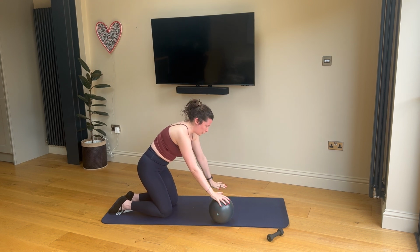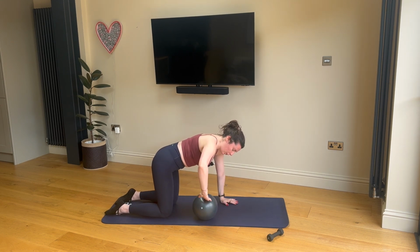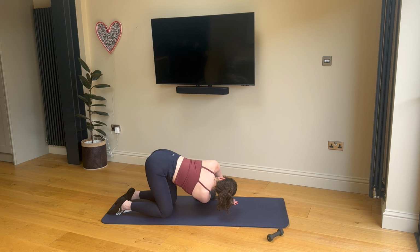Bringing that ball under your right arm, bringing the left onto the mat. Take your ball with your right hand, feed it under your left as you bend that elbow, twist through the mid-back and look up to your left shoulder into your thread needle. Inhale,